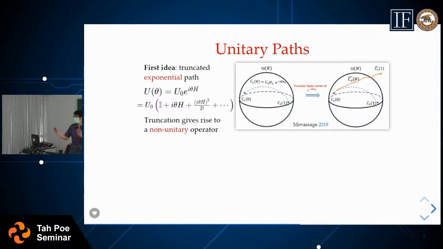But for simplicity, let's not go there. You can first start by interpolating two unitaries, and then at the end you can do a sandwich bracket to get the probability, right? Yeah, so the first thing about interpolation between two unitaries is that you can define this sort of deformed unitary,